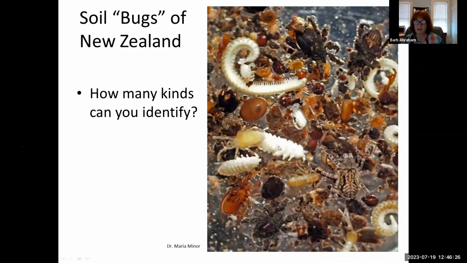But remember I said that the springtails and the mites were the most abundant soil arthropods. So let's see how many different kinds of mites we can see here. One, yeah. There's one there. There's one here. Look at these tiny guys here. Gosh, and these weird looking things. I thought it was a ricinuleid, but since this is from New Zealand and they don't have ricinuleids, but if you look, there are 4 legs on each side. And so that makes it an arachnid. And so this is a kind of soil mite that they have in New Zealand.